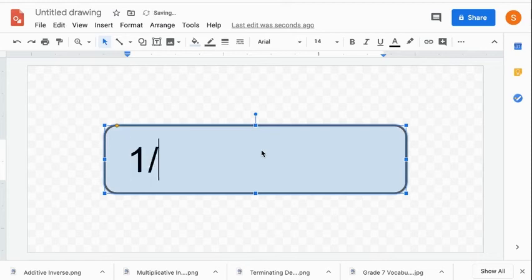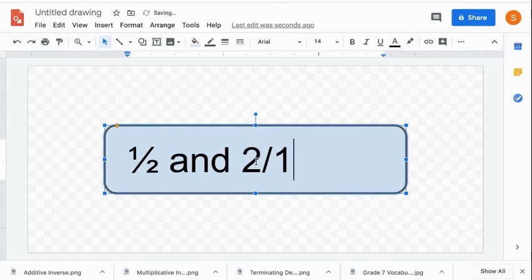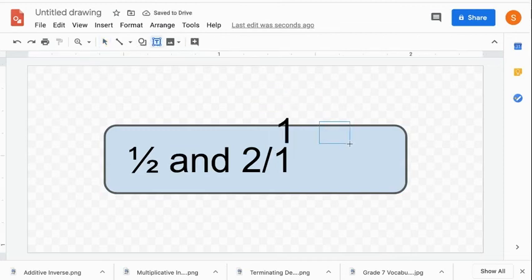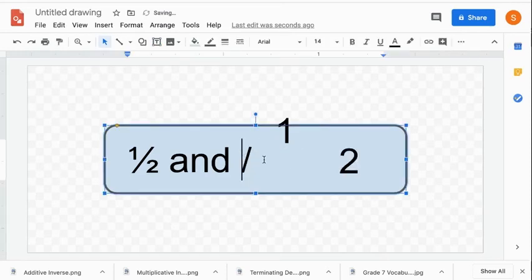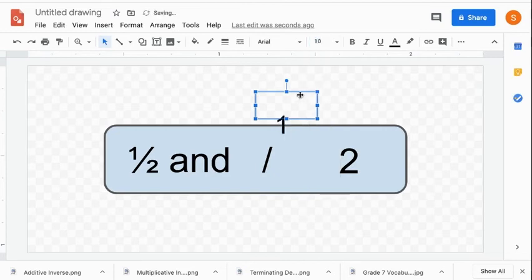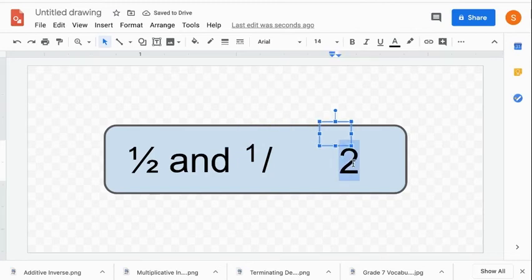So I can have 1/2 and 2/1. Now, if you want to play around with these, you can make it another text. If you open a text box, we can do 1, make another text box, 2. You have your fraction sign here. You can make these smaller. That way it looks similar